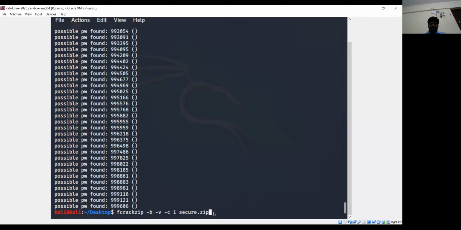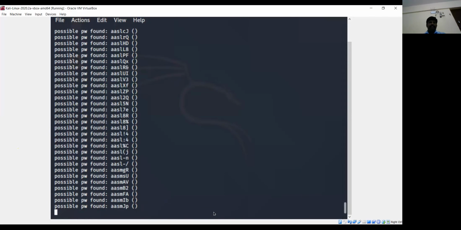Suppose the password consists of all things: small letters, capital letters, numbers and special characters. What I could do is small a, capital A, and then 1, and then the special character, the exclamation symbol. So this command will try to search all the combinations. Can you see the changes?